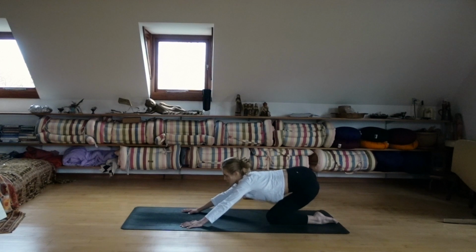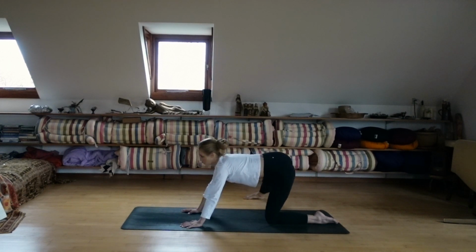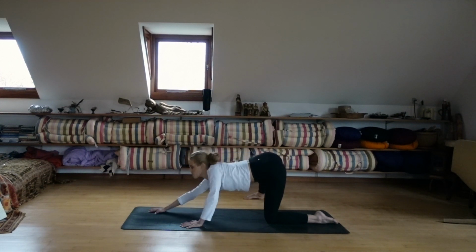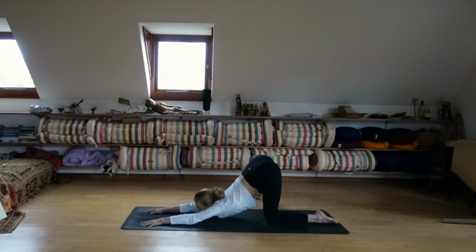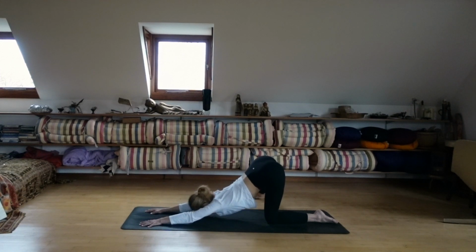Come back up and find your flat back once again. Ready for the puppy pose, walking your hands forward towards the top edge of the mat, dropping your chest down towards the mat as you gaze forward, or just drop your head down in the center. Feel that amazing stretch through the front side body, opening up your heart, breathing in, and as you exhale now,